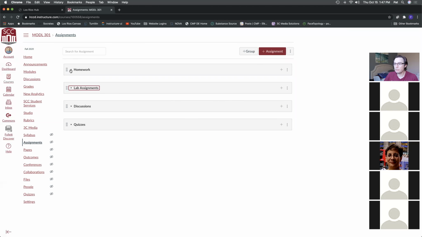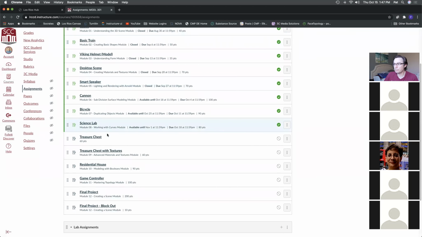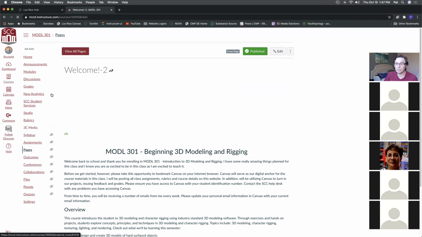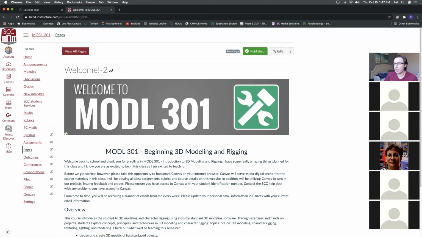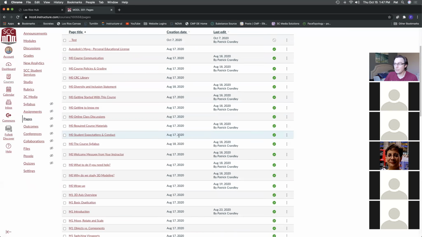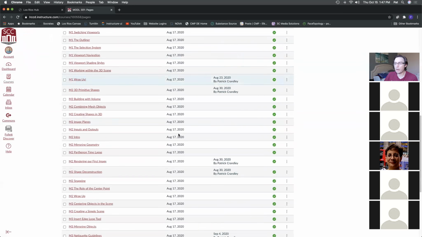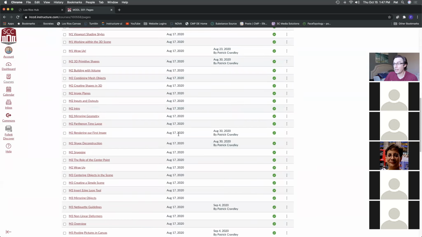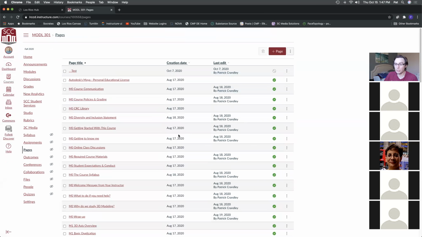Here's a list of all of my homework assignments for this semester, and we're up and running. So we don't necessarily have to show everything to our students. For example, I don't show them my pages. This is the master list of every single Canvas page that I have created inside of Canvas. This is overwhelming. It's even overwhelming for me. I probably have 1,000 web pages that I made for just this one Canvas class. I'm not going to give access to this area to my students